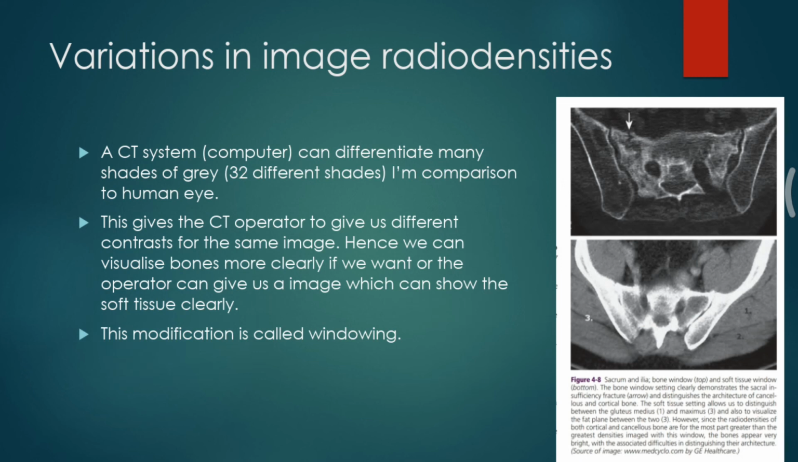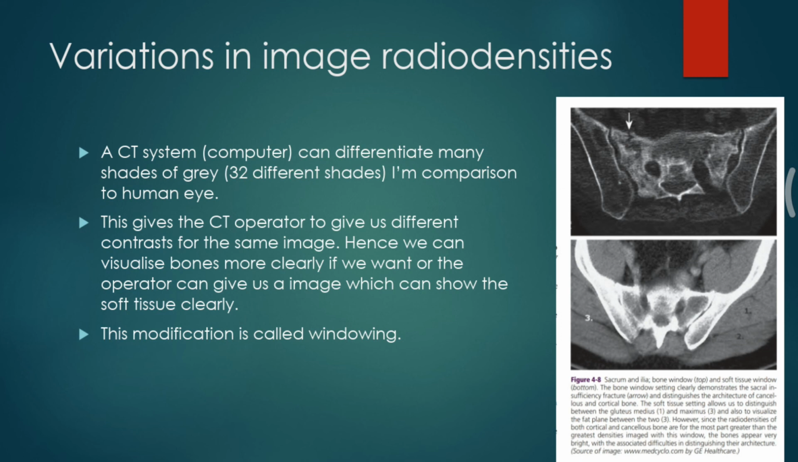Hence, in some of the images, if we want to visualize the bone clearly, then the operator can give us an image of a different shade. And if we want to capture the soft tissues, and we are not interested in looking into the bone, then you can change the image density and show us. This process is called windowing. So you can have a bone windowing or a soft tissue windowing, and the particular structure will be clearer